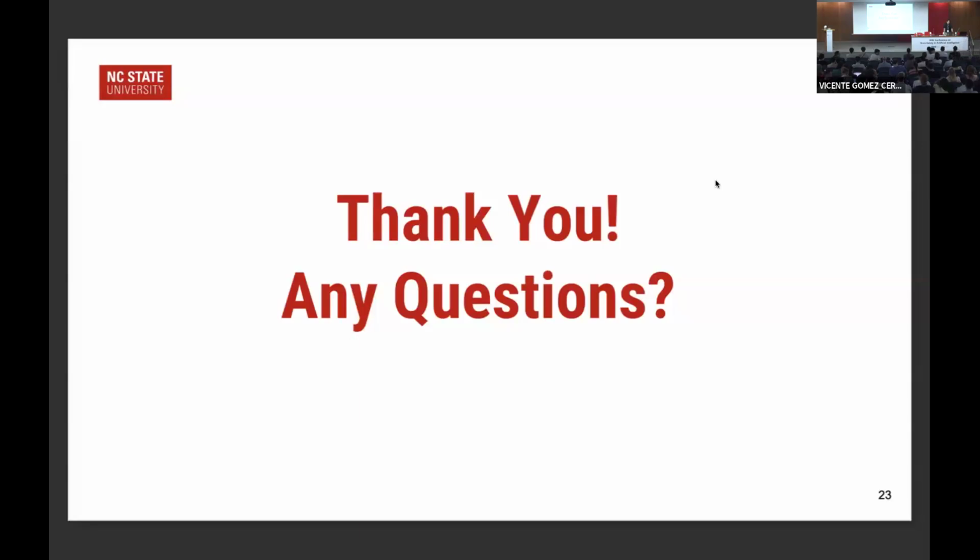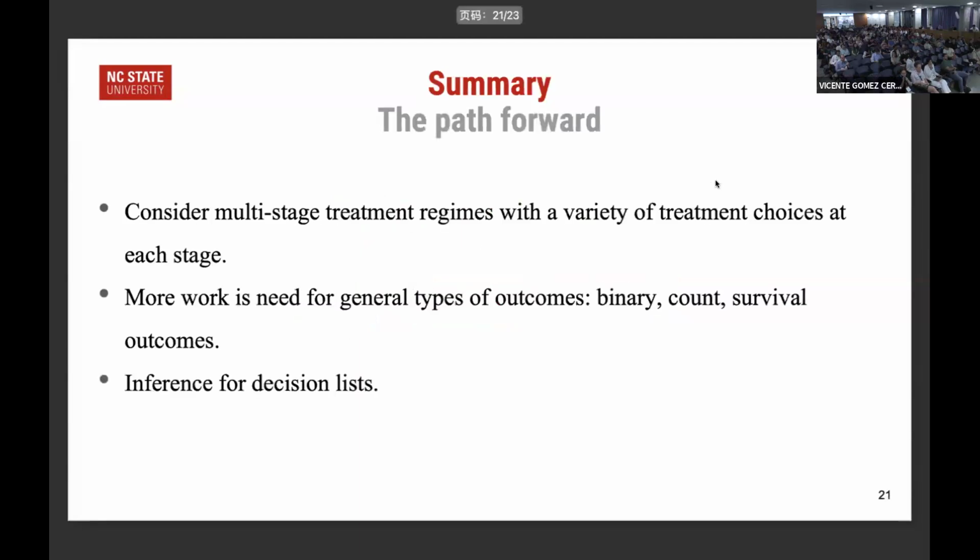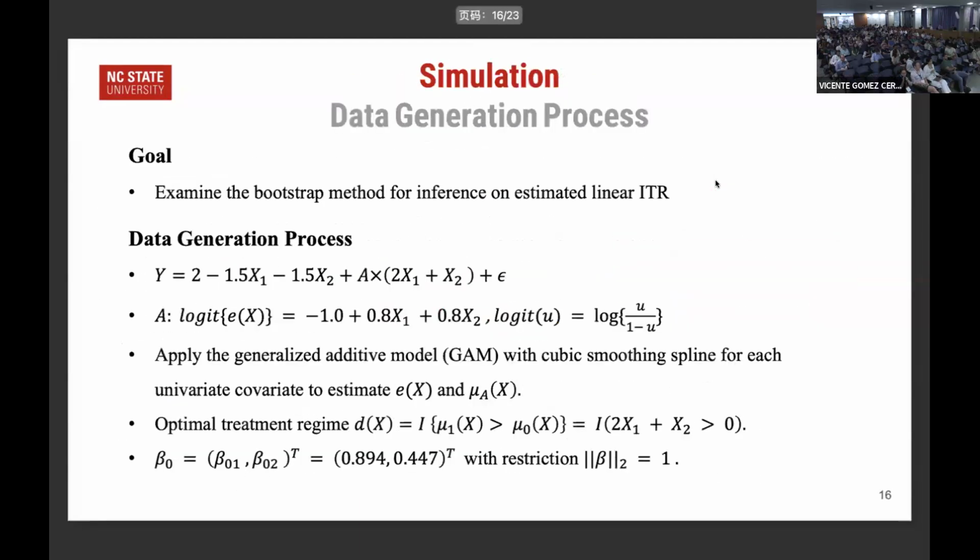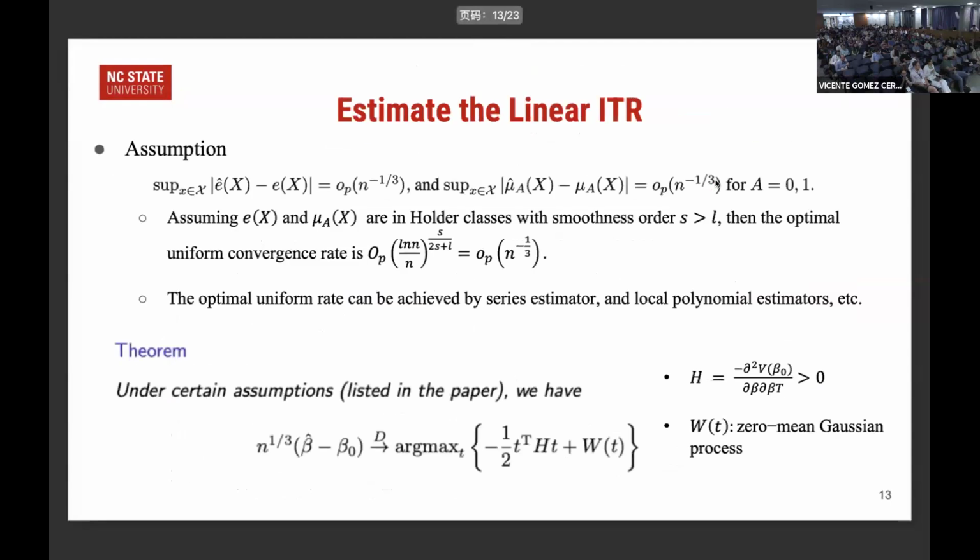Thanks for the great talk. So you were doing the estimation part non-parametrically. You were mentioning series estimators and splines. But what I'm wondering is, assuming a linear optimal treatment regime, does it have any implications on the outcome mean model or the propensity model? Does this assumption impose any restrictions on this? Thanks.